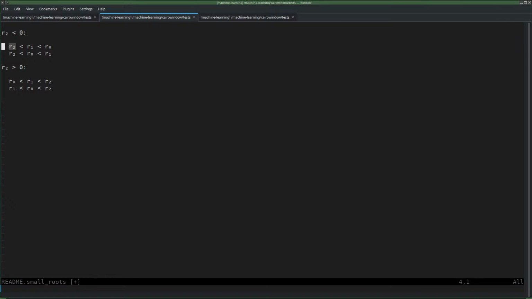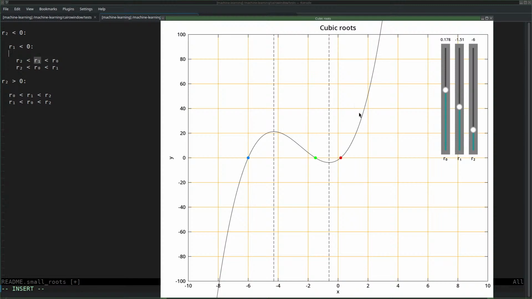Now, what determines the ordering of R0 and R1? But for now, let's just look at the signs, okay? So, the sign of R1 is, let's also start with less than 0. So if both R2 and R1 are negative, like in this case, then